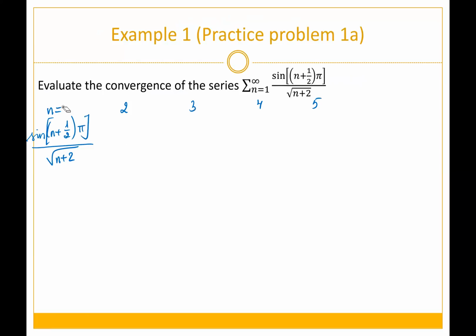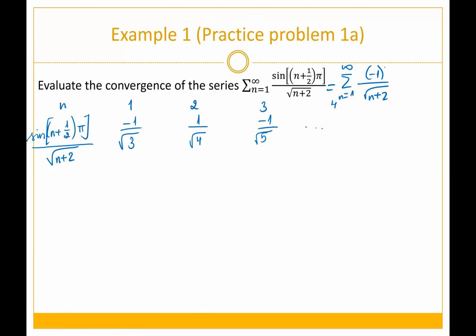Hang on, this should be 2, 3. So this is n: 1, 2, 3, 4. So n equal to 1 is sine of 3 half pi, which is negative 1 over square root of 3. And you have 1 over square root of 4, negative 1 over square root of 5, and so on. Therefore, this series can be represented as negative 1